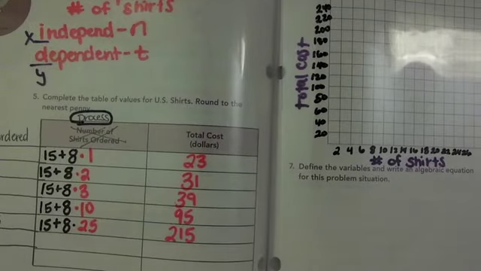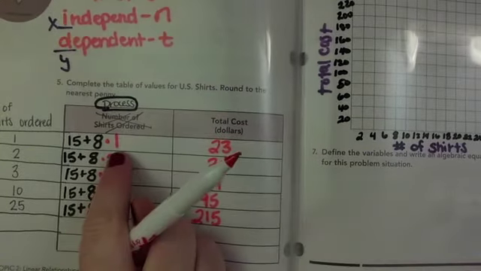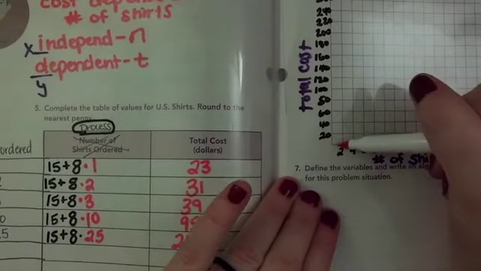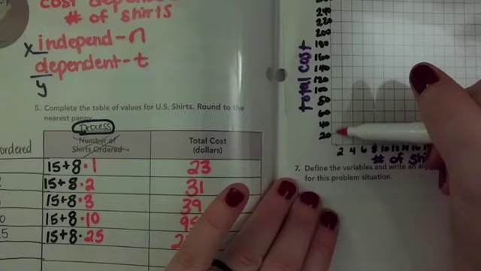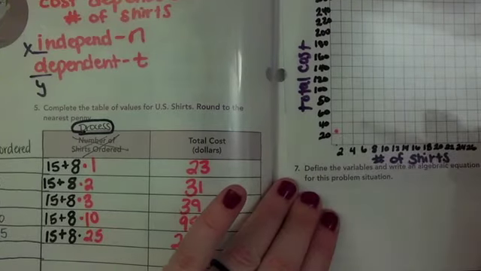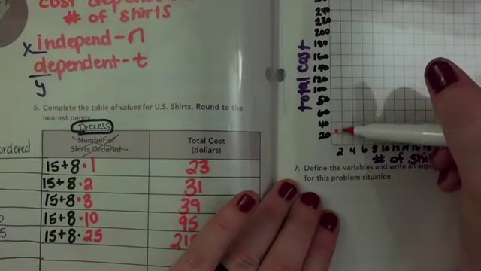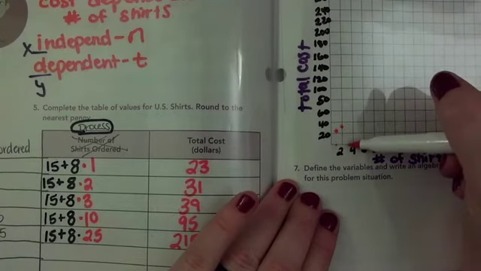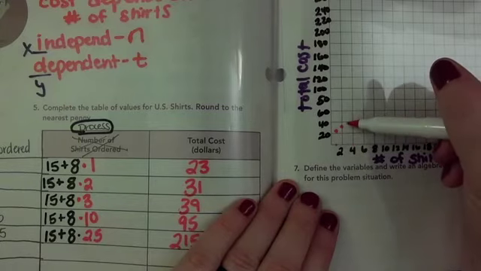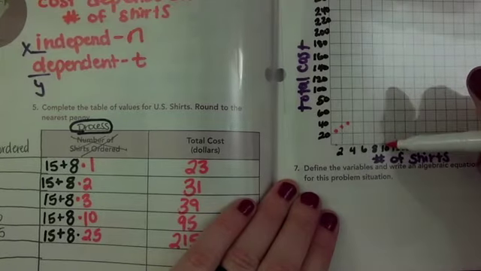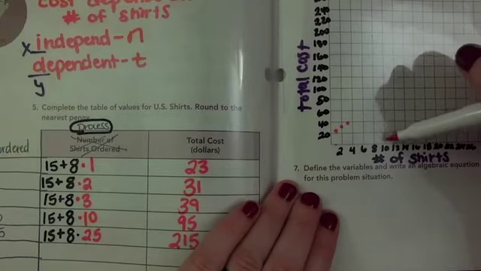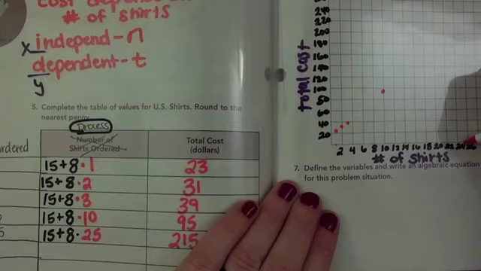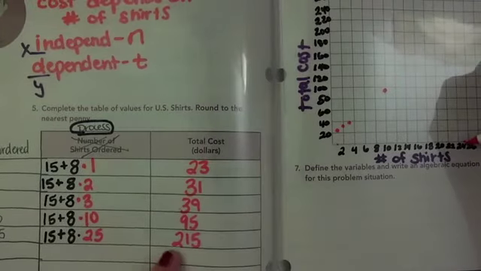I'm going to use a different color. I'm going to take the 1 and put it at 23. So we have one shirt, which would be right here, at 23. Well, that would just be barely above that. Then we have 2 shirts is $31, so that's just a little bit further up. 3 shirts is 39, so that's right below. 10 shirts, all the way over to 10, is all the way up to 95, so just below 100. And then 25 shirts, which is all the way over here, would go all the way up to